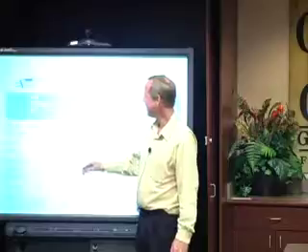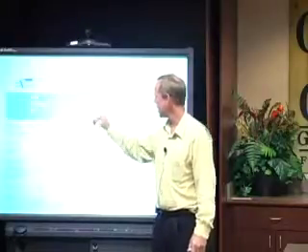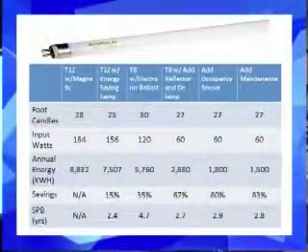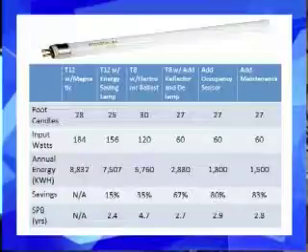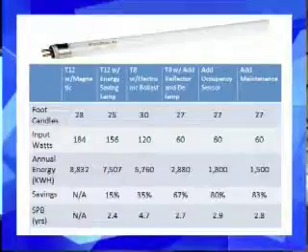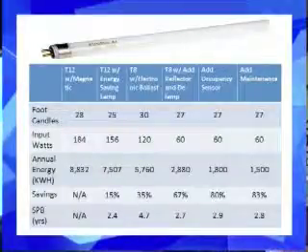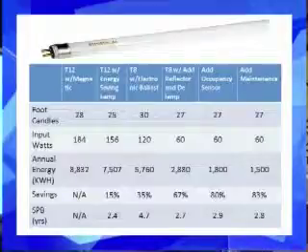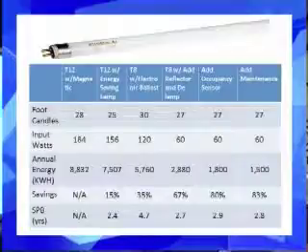Yeah, they're still working. So the progression, I mean, hopefully everyone's into T8s now for the most part. I know we are at the university, but it shows the dramatic savings. I mean, just to get to T8, we're looking at a 35% reduction. So these numbers, the first three columns there, are all about a 4-light 2x4 troffer. And then we step over to these next three where we delamped. We removed about half the lamps in the fixture. And you can see how the foot candles went down a little bit. So we were 28, 20, 25, 30, 27. So a little bit of a reduction there. But look how